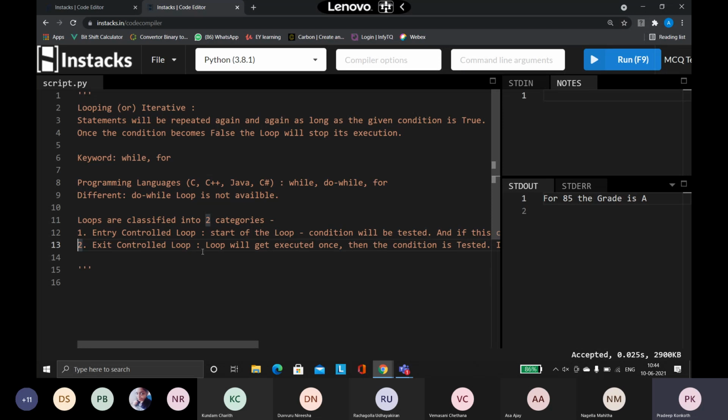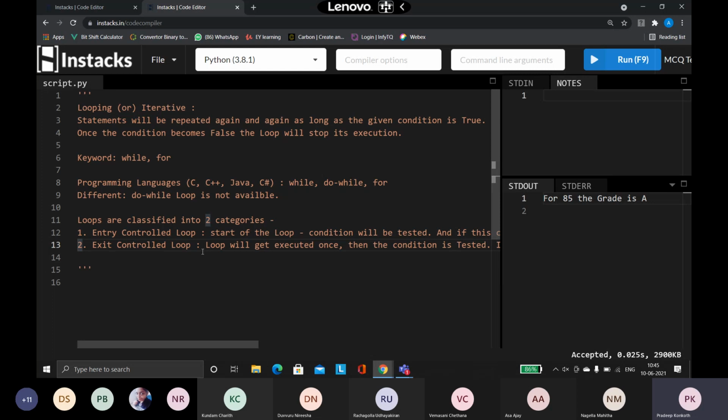So when is the checking done? The checking here is whether you have the money to pay the bill or not. The checking is actually done only at the end, after completing the process. And what is the process here? The process is eating the food. I have nicely had my lunch, and after that only do I have to worry whether I have the money to pay the bill or not. So this is an exit control process. The same logic is what we are going to apply in our programs also. We are going to apply the entry controlled process and the exit control process in our programs. So this is the basic: loops are classified into these two types.